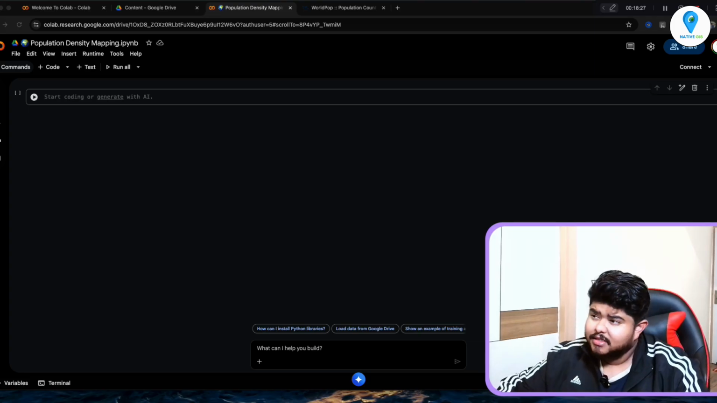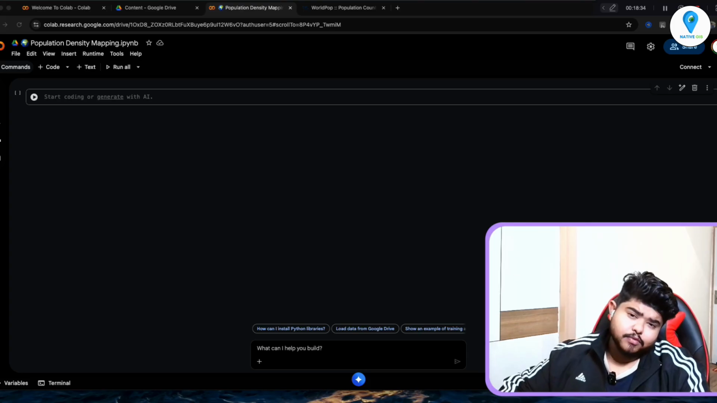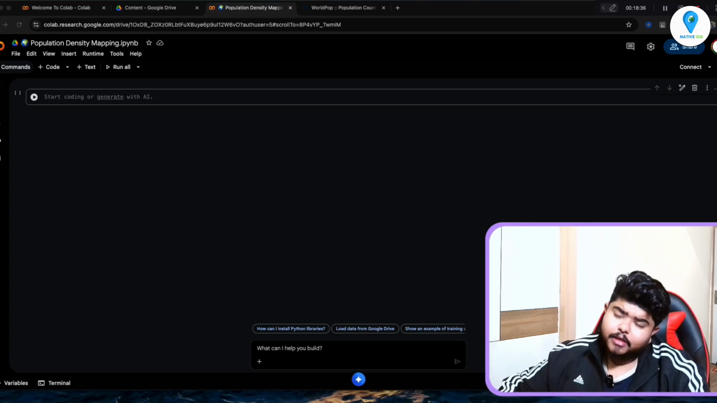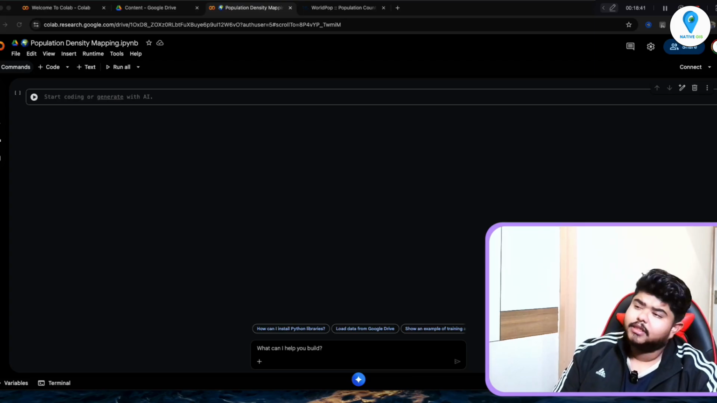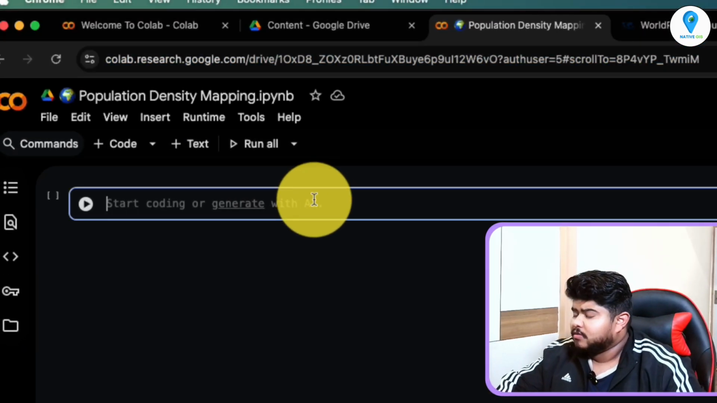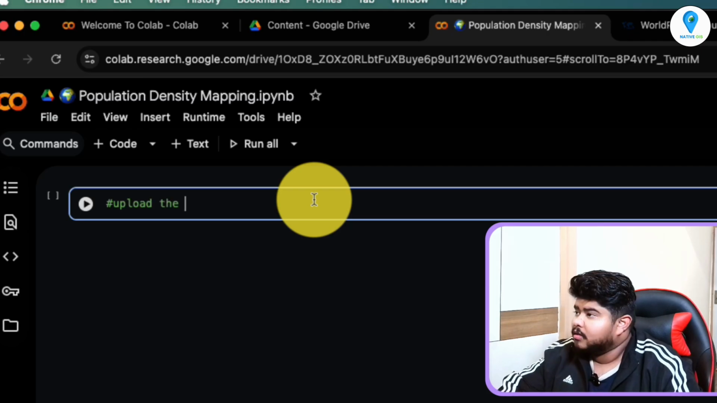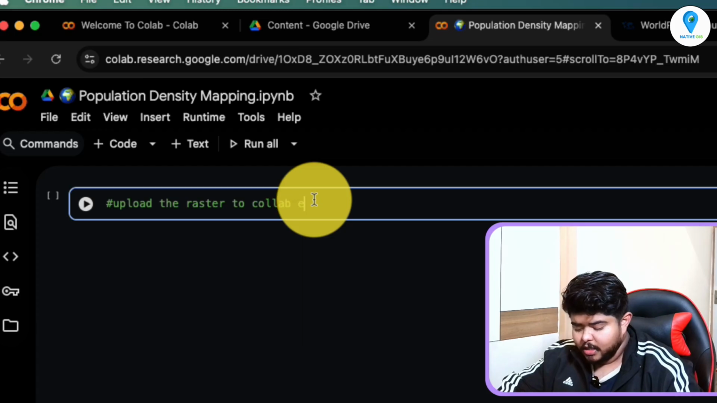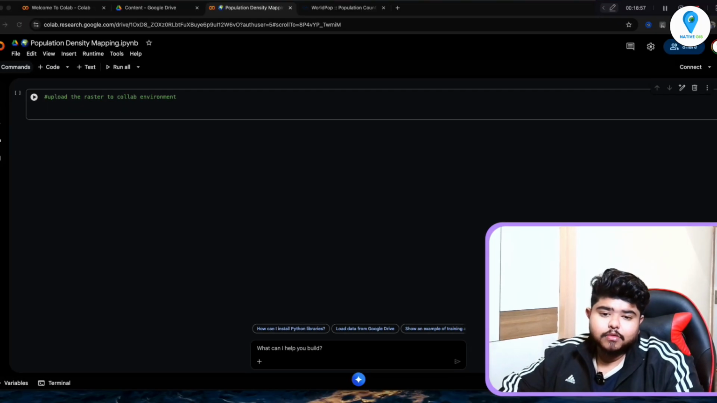The CRS, the projection system, is basically EPSG 4326. Okay, so what we'll be doing is uploading the raster to Colab. Okay, so let's write it: upload the raster to the Colab environment. Okay, so let's import